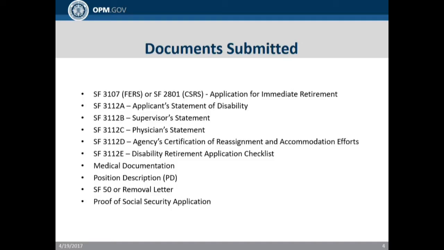We also have the SF 3112C, which is the physician statement. We have the SF 3112D, which is the agency's certification of reassignment and accommodation efforts. We have the SF 3112E, which is the disability retirement application checklist. We have medical documentation, the position description, an SF50 or removal letter, and also the proof of Social Security application.